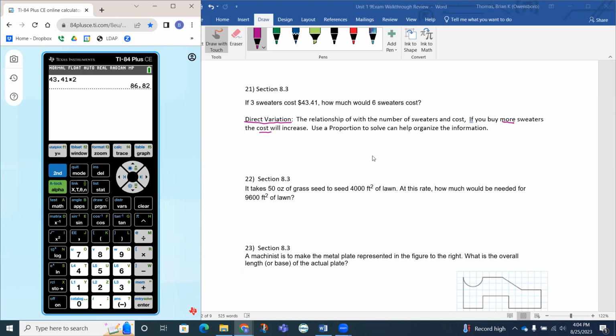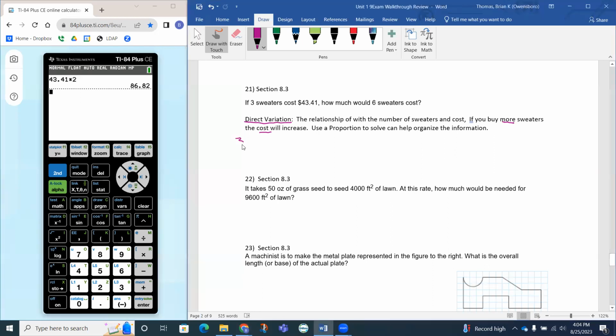Now, if I want to use a proportion to solve this, notice how I have 3 sweaters and they cost $43.41. So notice how I went sweaters to costs. So I want to keep my units on the same side. So if you buy more sweaters, so we're going to buy 6 sweaters. The question is, how much would they cost? So this would be where our X is. So what I can do is set up a proportion just mirroring this right over here. So 3 over 6 equals this